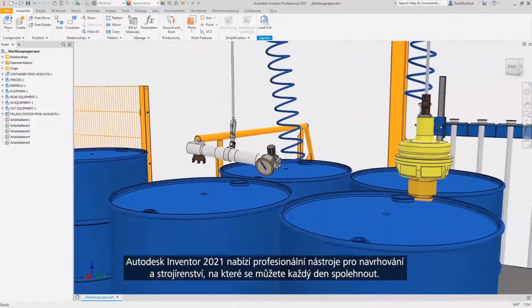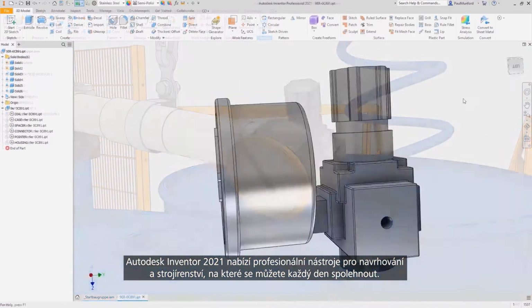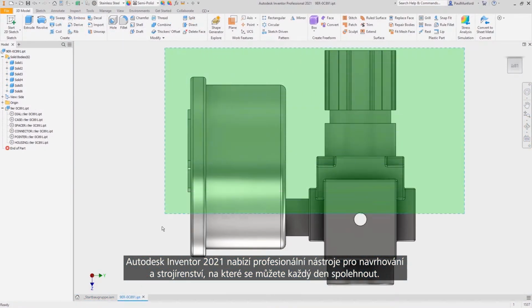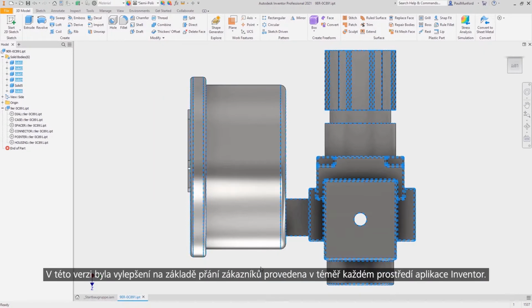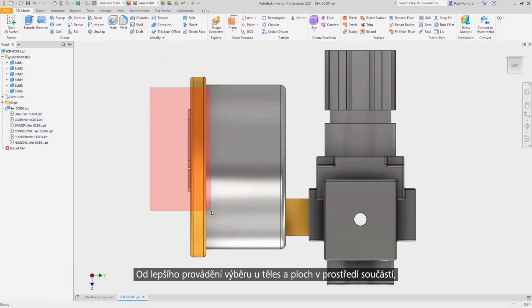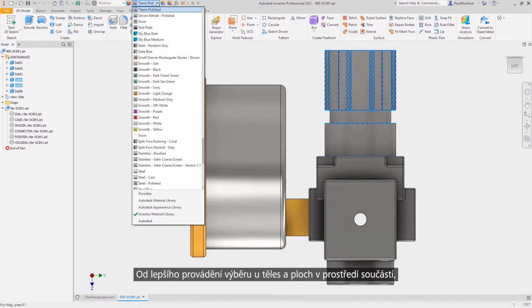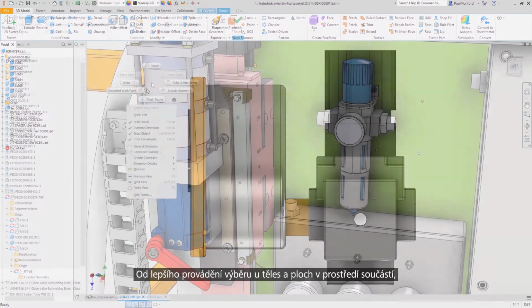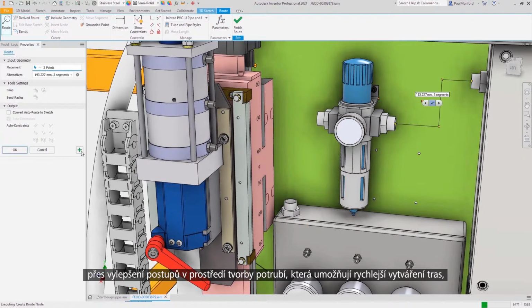Autodesk Inventor 2021 delivers the professional-grade design and engineering tools you rely on every day. In this release, customer-driven improvements have been delivered in virtually every environment inside of Inventor. From making selection more robust for bodies and faces in the part environment, improving the tube and pipe workflow enabling